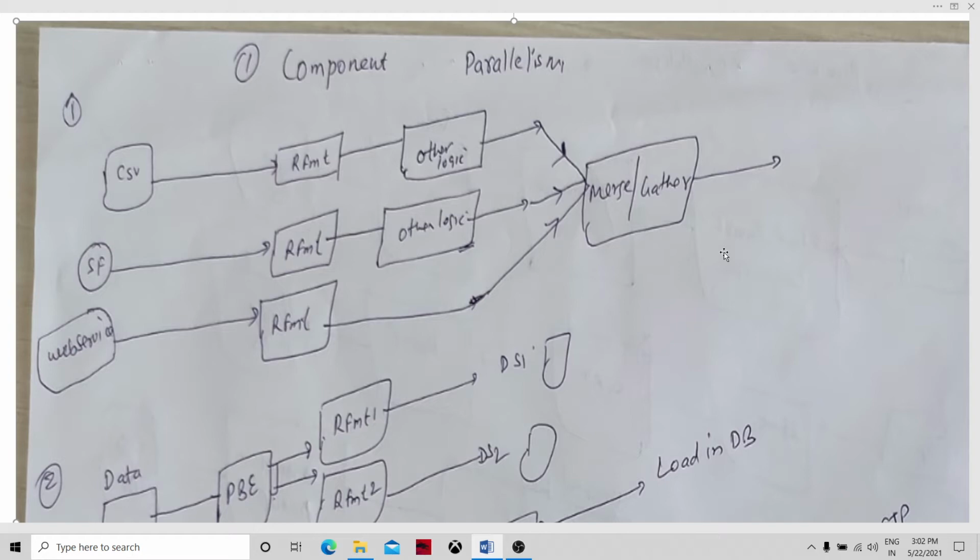So let's talk about it. There are three major kinds of parallelism in Ab Initio. One is component parallelism, the second one is pipeline parallelism, and the third one is data parallelism. We are going to take each of these three parallelisms one by one, and we will take a few examples within each of those, so that you can relate your graph design with these designs and see how you can achieve the parallelism.